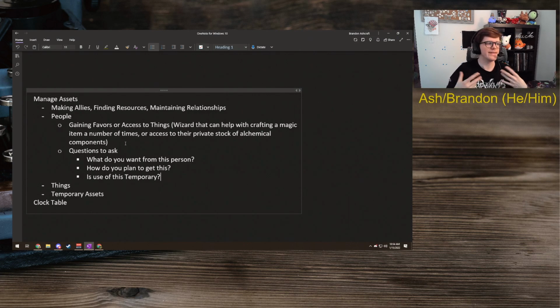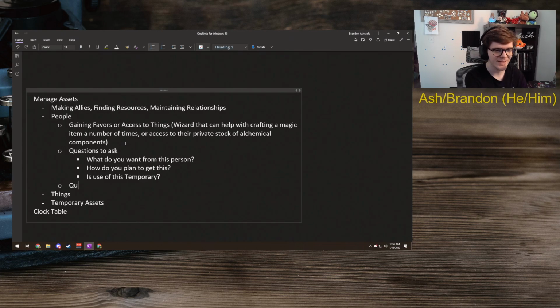And temporary is an important word because in Blades in the Dark, it usually means to borrow an item. For instance, we borrowed a ghost killing dagger from the... I'm forgetting the names. It's the something sisters in Blades in the Dark. And it required Jamie's character, who was a whisper, to make a deal where we would give up some information that we had and they would provide use of the dagger. There was a trade there.